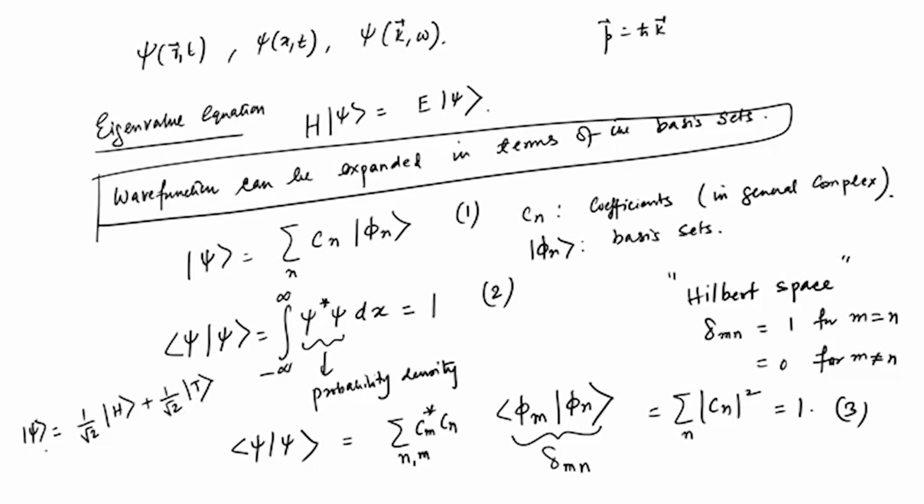And when you make a measurement, one of the possible outcomes will be obtained, and when you get a possible outcome, then of course one of the C n's goes to 0, and the other C n, that is this coefficient, becomes equal to 1. Okay. All right. So, we have said some basic preliminary properties of these basis sets, and these phi n's